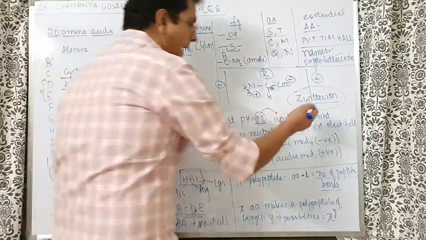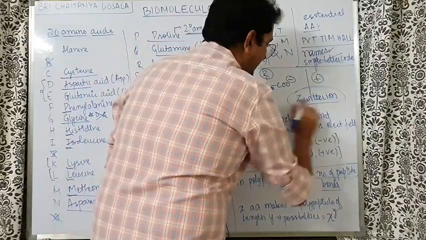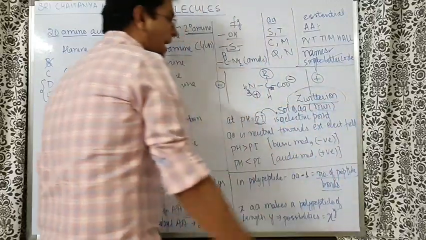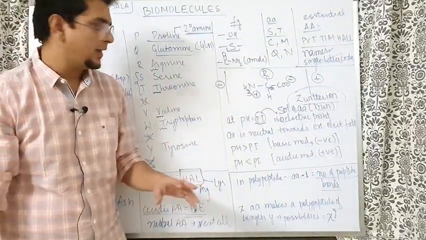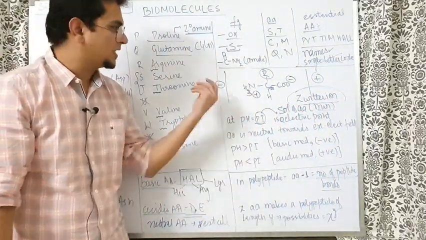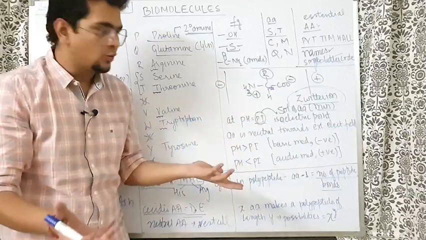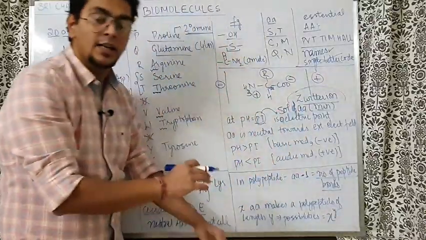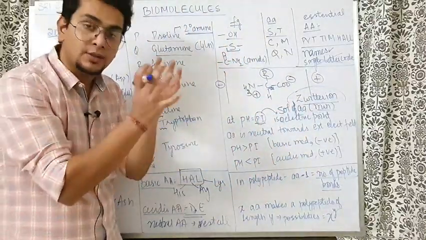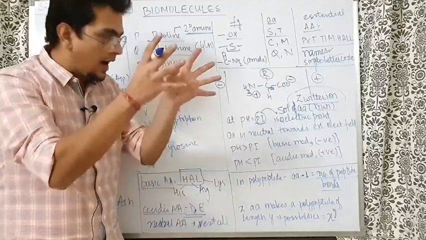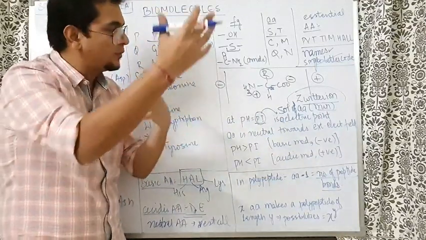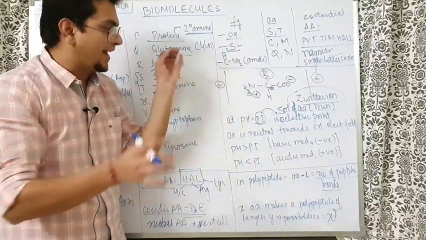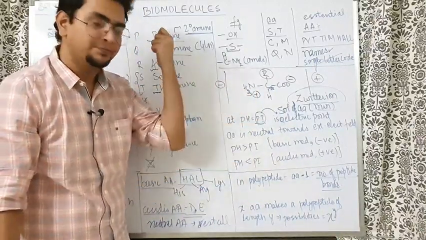One more question comes. At the isoelectric point, what can you tell about the solubility of the amino acid? So the solubility of the amino acid is minimum at the isoelectric point. Why? Because it is almost neutral there. Plus and minus are balancing each other. Whereas if you have a net positive charge or net negative charge, then due to the ionic nature, due to a little bit of charge there, attraction towards water will be more. So solubility will be high. So above and below the isoelectric point, solubility is more, but at the isoelectric point, the solubility is minimum.